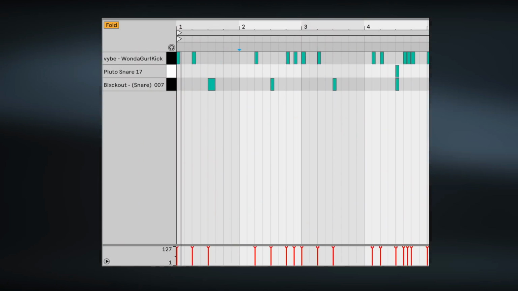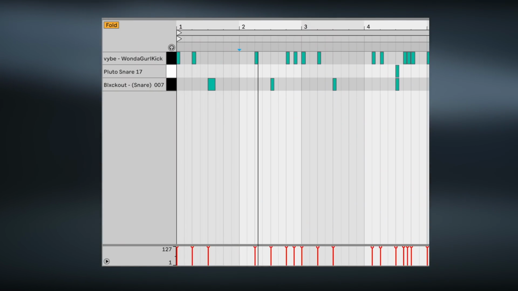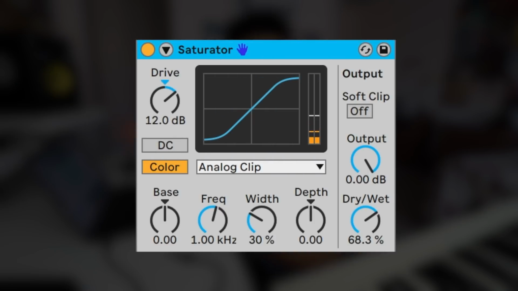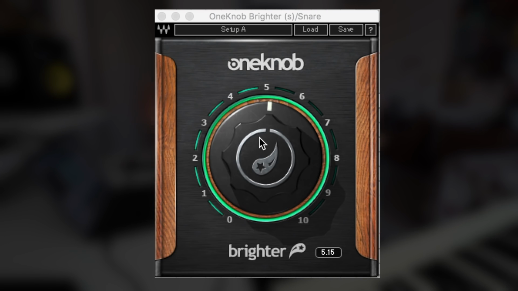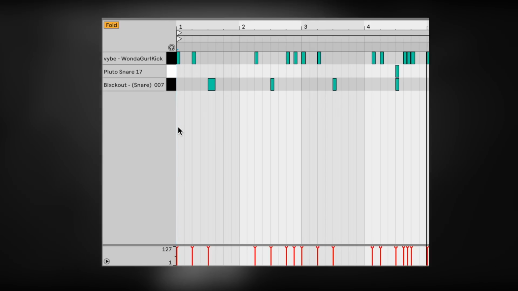So now we're working at 137 BPM, and I started with the drums. Surprise, I didn't use a drum loop for this. I actually built out the drums for this one, and the first thing I started with was the kick and snare pattern. On the kick, I just have some distortion, and on the snare, I just have one knob brighter. And at the end of every 4 bars, I have another snare layered on top of the main snare, like a high reverb snare, just to give it a new texture and just to make it more interesting.